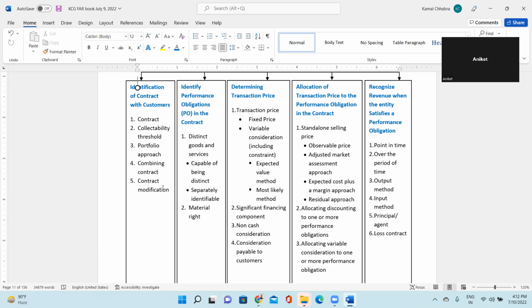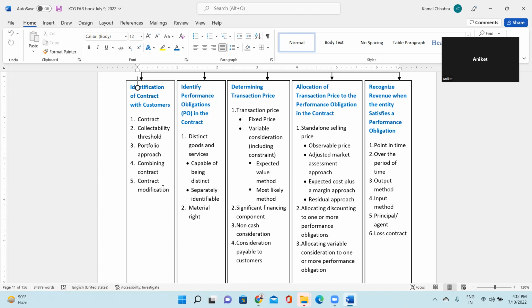To consider as a base, and then on that base, there are certain calculations required for the adjustment to reach the allocation of the transaction price to the respective performance obligation. So how do you calculate the standalone selling price? First is the observable price. That means you are selling those products individually in the market and you know their market price.